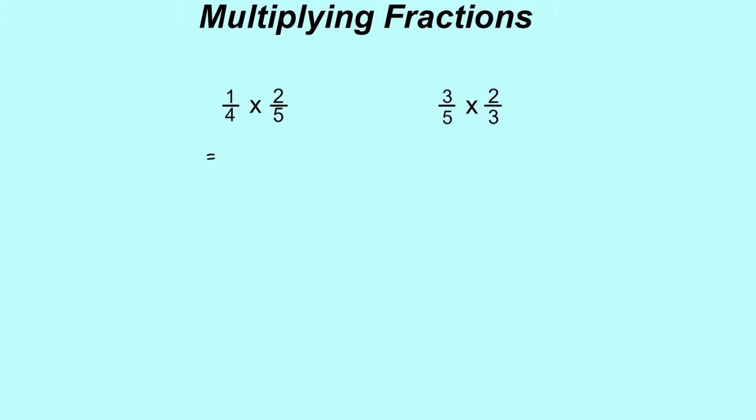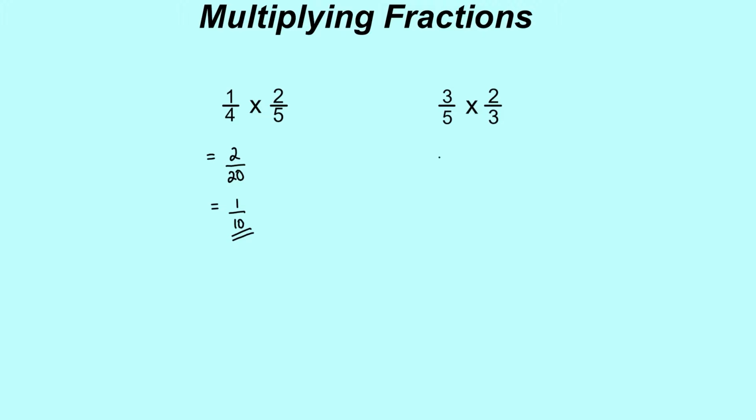So we've got a quarter times 2/5. Take the top number, top times the top, 1 times 2 is 2. On the bottom, we've got 4 times 5. 4 times 5 is 20, so we end up with 2 over 20. Now we've got to look to see if this fraction simplifies, and it does. They're both in the 2 times table, so we divide the top by 2. 2 divided by 2 is 1, and the bottom by 2 to give us 1 over 10 as our final